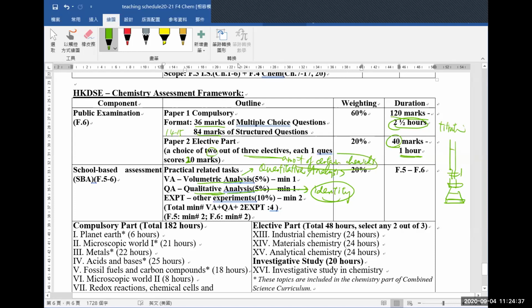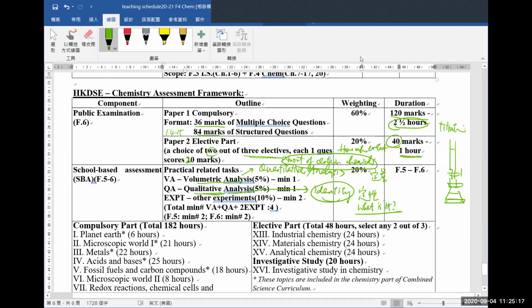So in Chinese, what is the difference? If you want to talk about how much amount is found here, we call it 定量. 定量分析 tells you how much you may find here. And qualitative analysis, in Chinese, we call it 定性分析. You are going to tell me what it is. You talk about how much content there is, and the other one is what it is. Can you get my point? So we have got those 2